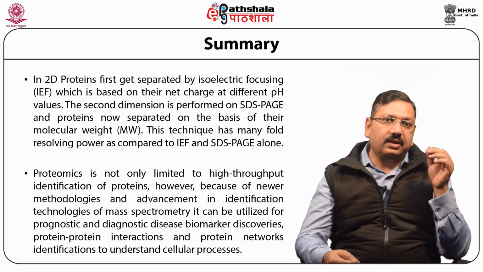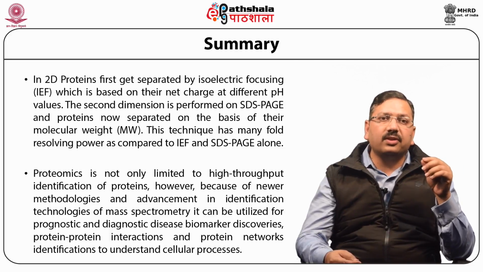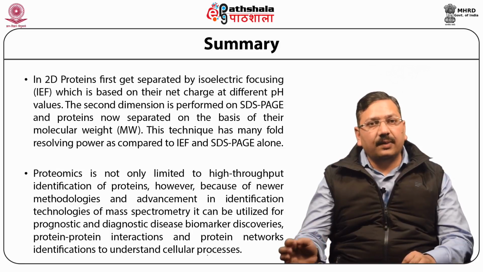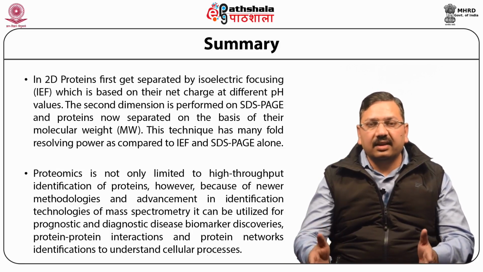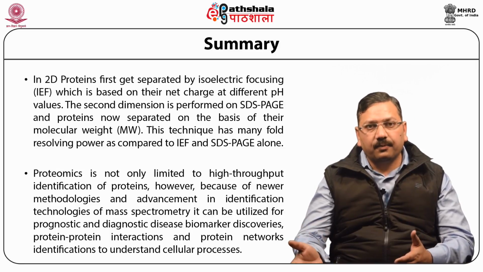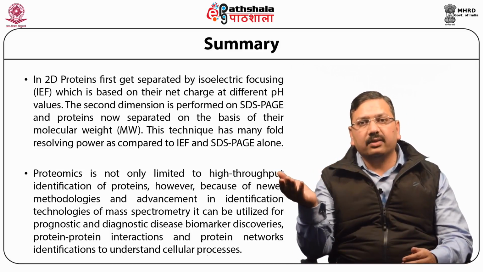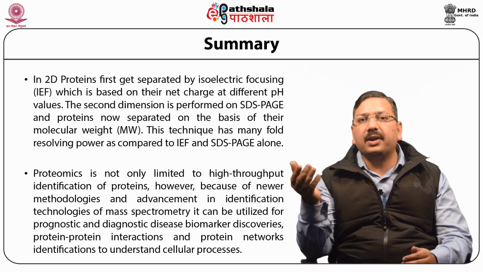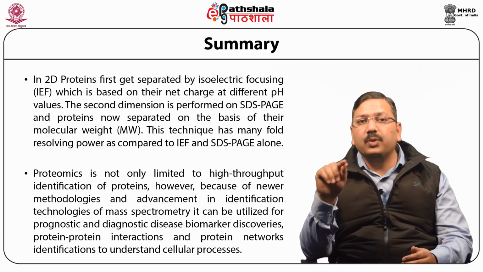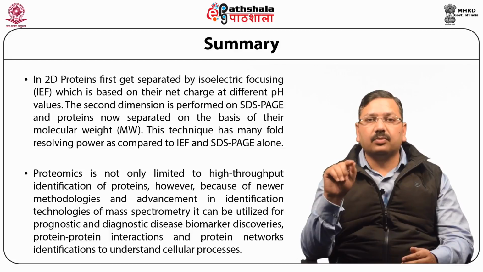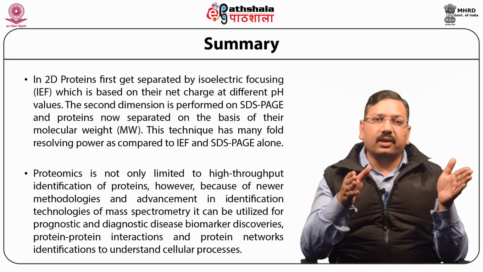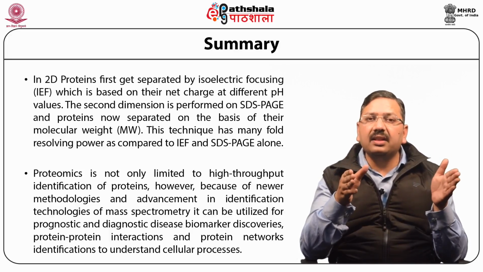If you see, DIGE helps in identification of differentially expressed proteins as well as those that are common between two samples. First, the proteins are labeled with fluorescent dyes, basically cyanine dyes Cy2, Cy3 and Cy5, followed by separation by 2D PAGE. The different protein samples are labeled with different dyes, mixed together and finally separated in a single gel, which minimizes gel to gel variation. After DIGE or 2D gel electrophoresis, proteins of interest are identified and then proceeded